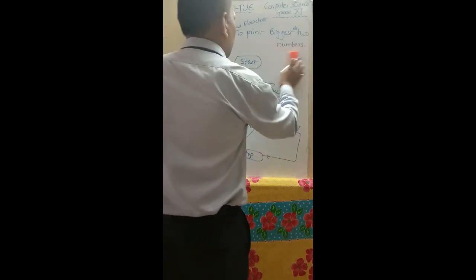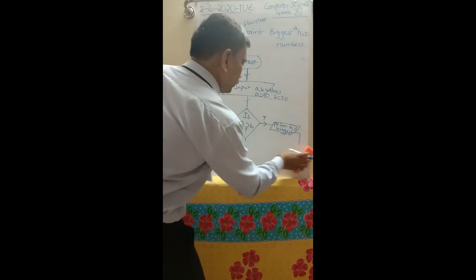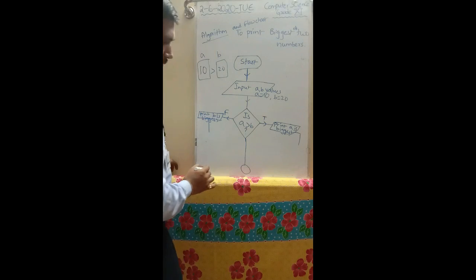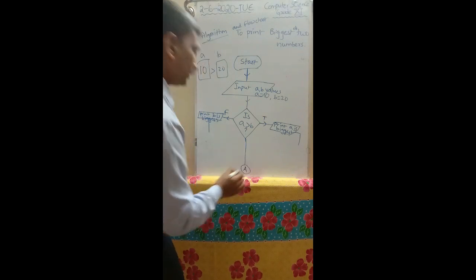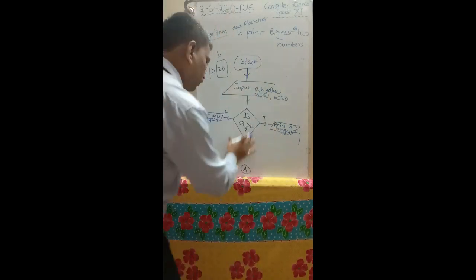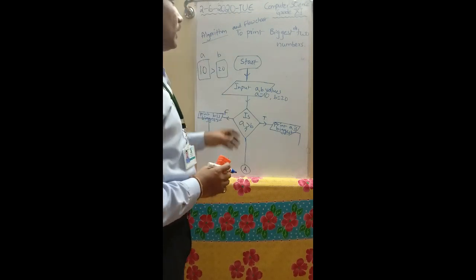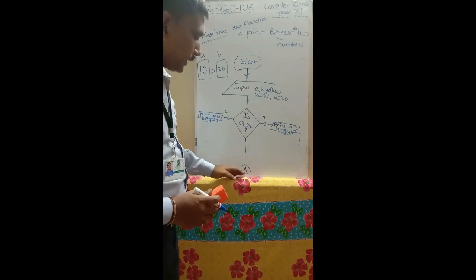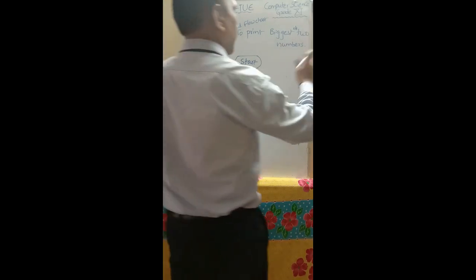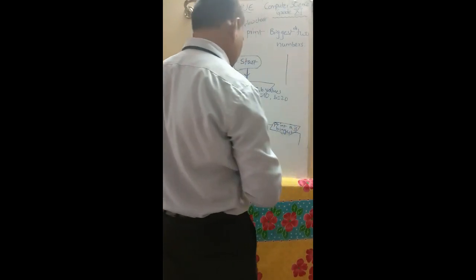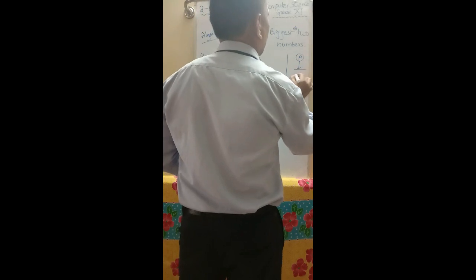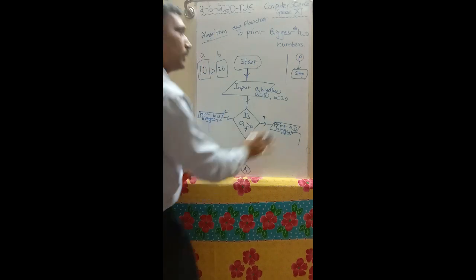Next, one more. Suppose I am writing here, I am giving some connector. This is called a connector. This one is one page. When you are writing flowcharts in your notebooks, suppose the page ends here, the next statement is written on the next page. For example, this one is the next page. Here I am connecting this one. Stop. So this one is one page, this one is another page.